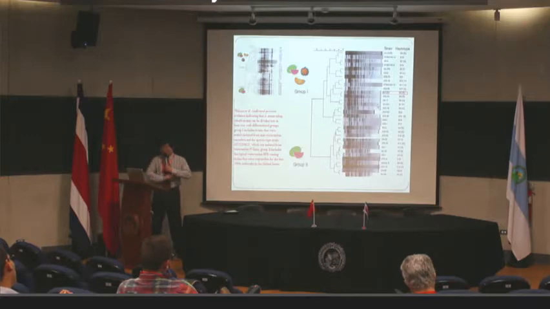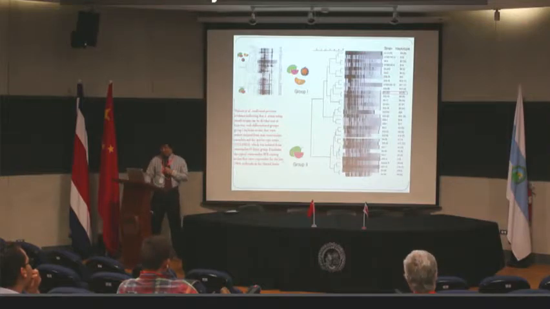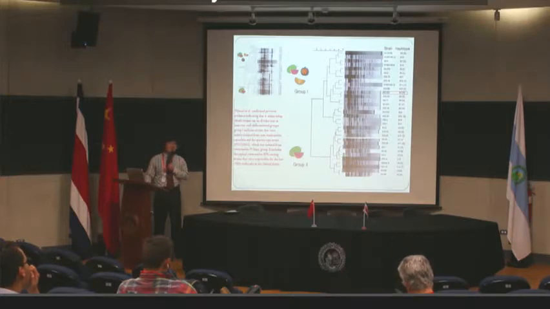From the molecular point of view, all these pathogens or bacteria can be divided into two groups: group 1 and group 2. It is quite interesting. Group 1 pathogens can infect not only watermelons, they can also damage muskmelon and pumpkins. Group 2 pathogens can only affect watermelons. Unluckily, all the pathogens collected from China belong to group 1,